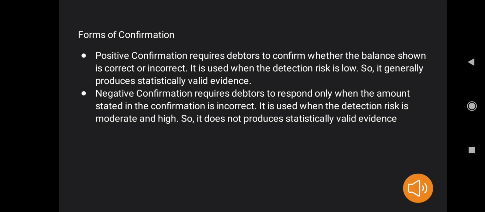There are two forms of confirmation. First is positive confirmation. It requires debtors to confirm whether the balance shown is correct or incorrect, and it will be used when the detection risk is low. Generally, it produces statistically valid evidence. And the second one is